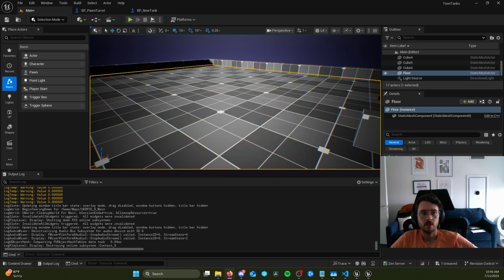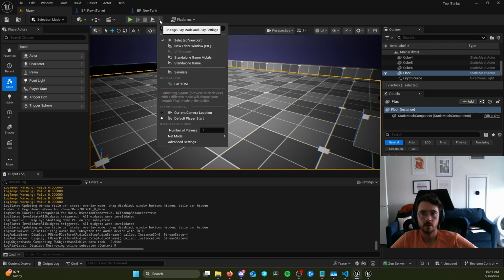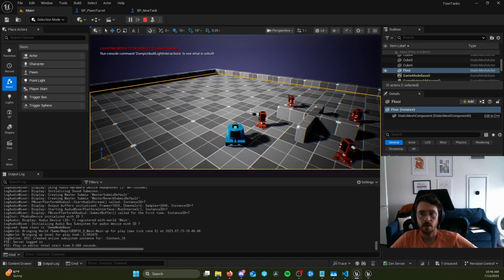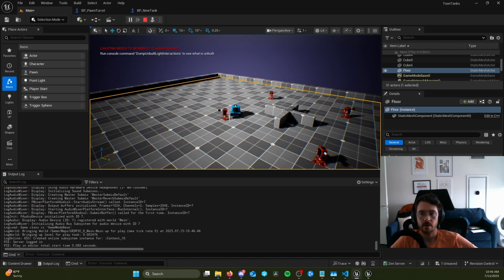Every pawn is moving in its own. Wait a second, how did you simulate? To play and select simulate. That's the